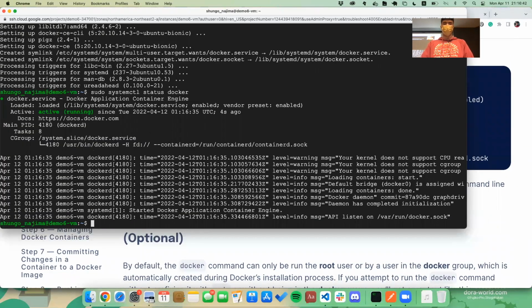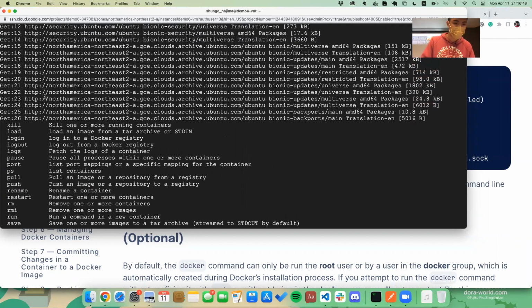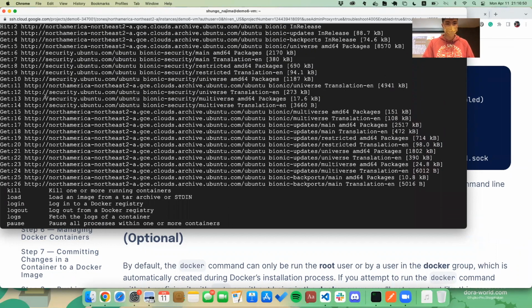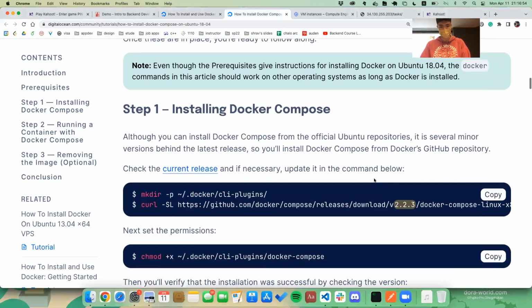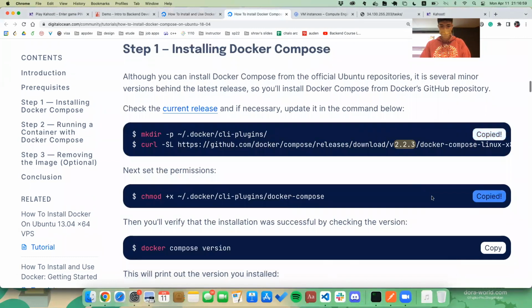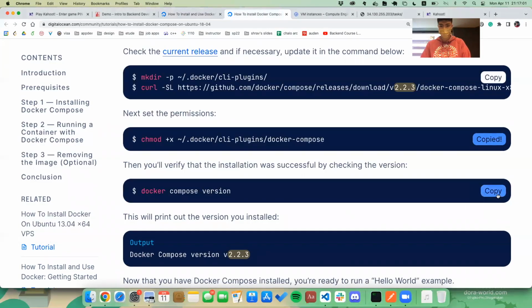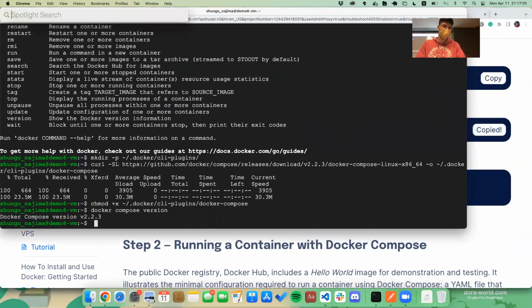Okay, now if we type docker, you can see that we have successfully installed Docker because it doesn't tell us, hey, I don't understand this command. Nice. So now let's download Docker Compose. And this shouldn't take particularly that long either. Amazing. So we have Docker Compose and Docker successfully installed. Okay. Now that we have Docker and Docker Compose installed,